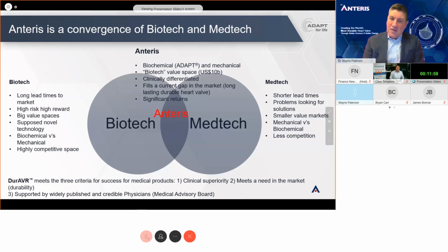And then Anteris sits in the middle. We have ADAPT, which is a chemical process. So that is our biotech part of the story. It's very novel and unique. We operate in a very big, biotech-sized space at US $10 billion. We are highly clinically differentiated at this point, and this is obviously very important. And as important, we fill a current gap in the market. That is around having valves that are lasting longer and more durable than what's available today for reasons that I'll